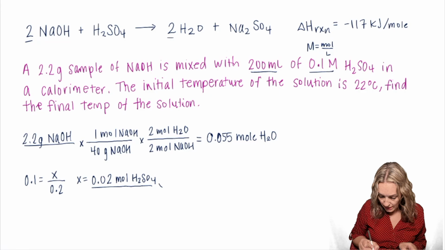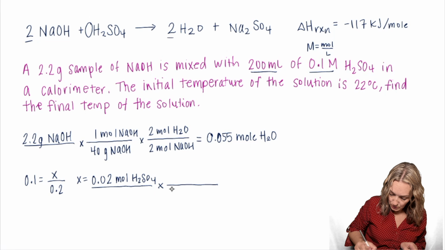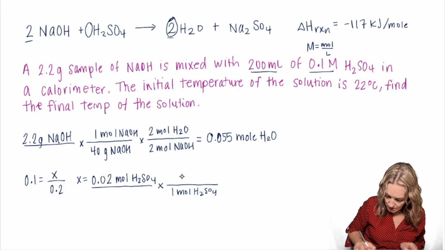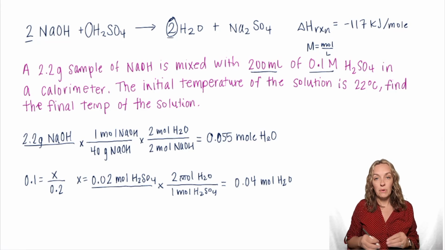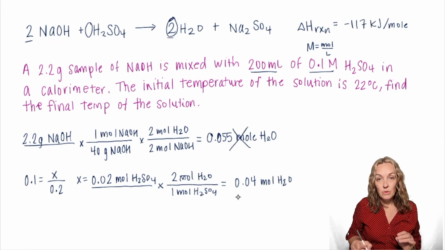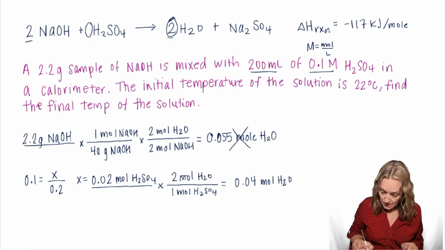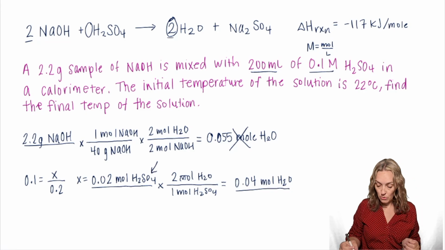I can then convert that to product using the ratio in the balanced equation. For every 1 mole of H2SO4, I know that I am going to produce 2 moles of water. All right, so if I use all of the H2SO4, I will only produce 0.04 moles of H2O. Remember that the smaller answer is always the correct one, because as soon as one reactant or ingredient runs out, the entire reaction stops. So since this is the lower amount, I know that the starting material that produced that, the H2SO4, is the